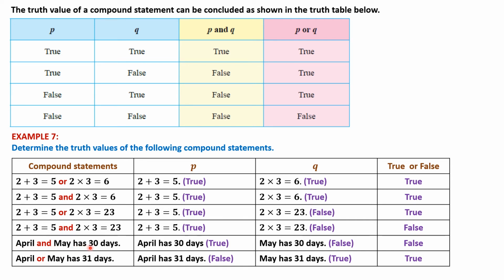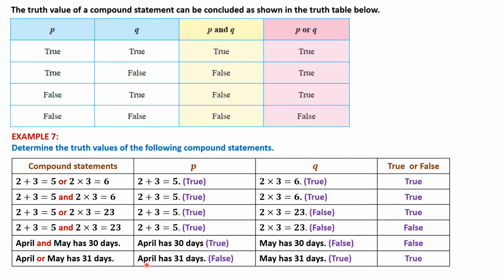Now we look at example number 5. April and May has 30 days. Okay, April has 30 days. This one is true. May has 30 days. This one is false. But because I use the word "and", if one is false, that means the compound statement is false. Okay. And then the last